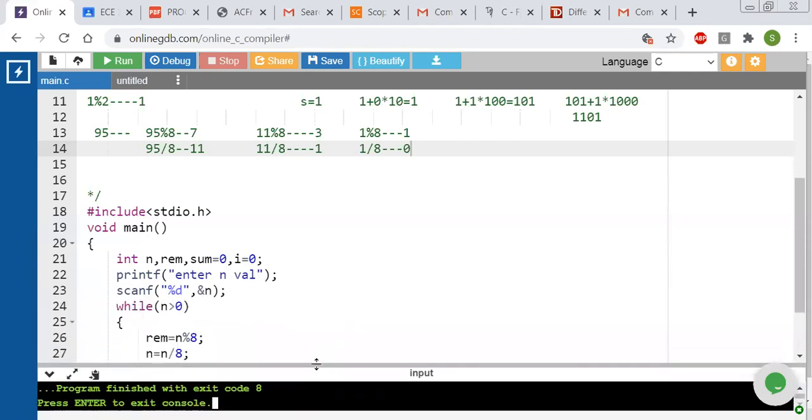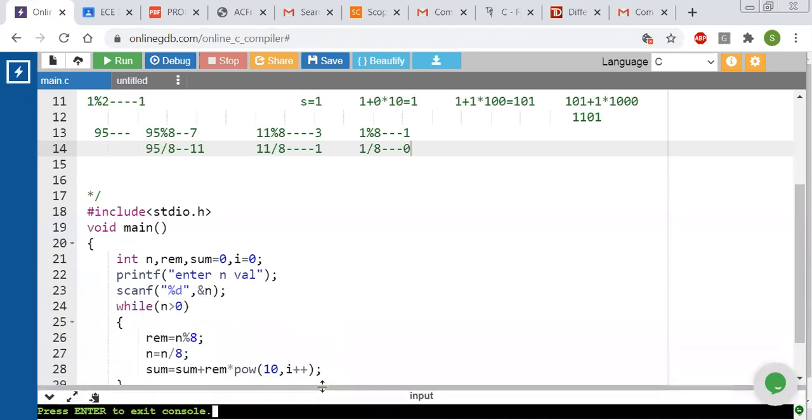So if you go for hexadecimal numbers, it will be somewhat complicated. Why? Because in hexadecimal numbers we have A, B, C, D, E, F also, I think. Okay, 10, 11, 12, 13, 14, 15: A, B, C, D, E, F. So for that one, we have to verify different cases. If it is 0 to 9, we have to display the number directly. Otherwise, if the remainder is 10 or 11 or 12 or 13 or 14 or 15, then we have to display according to that. Okay, so it is somewhat complicated.